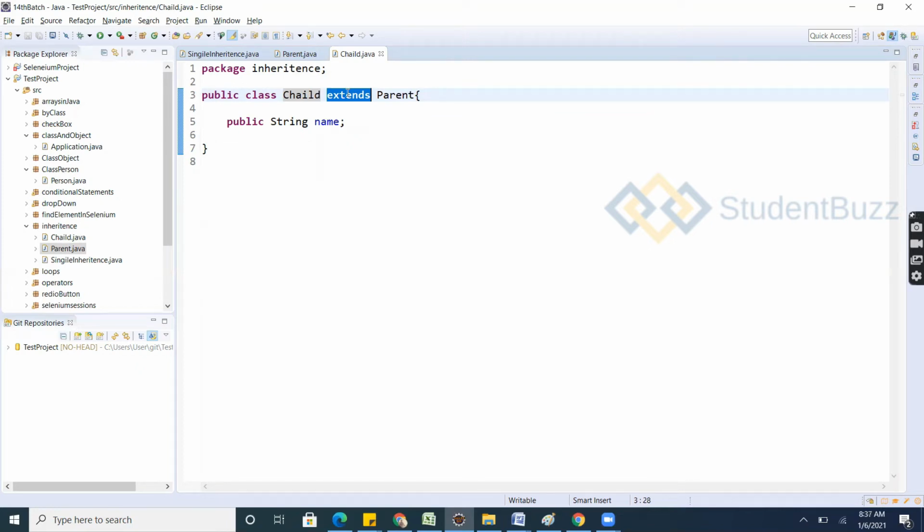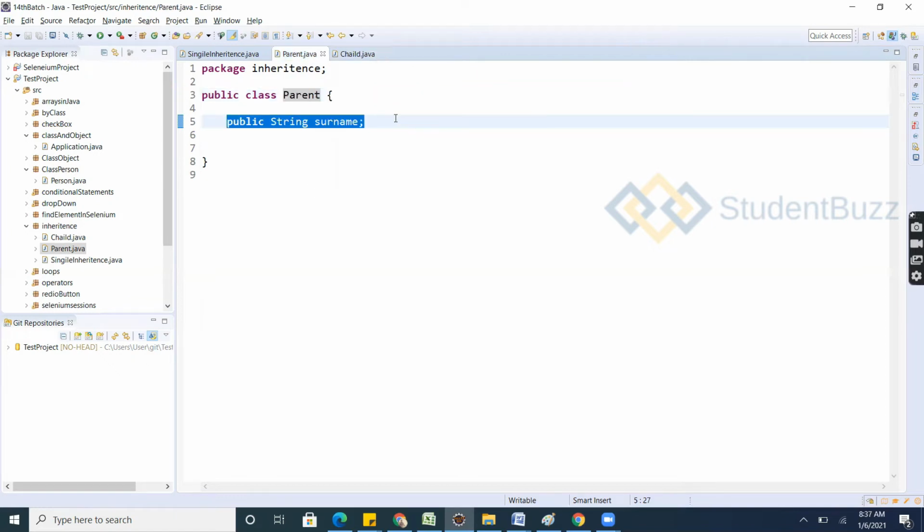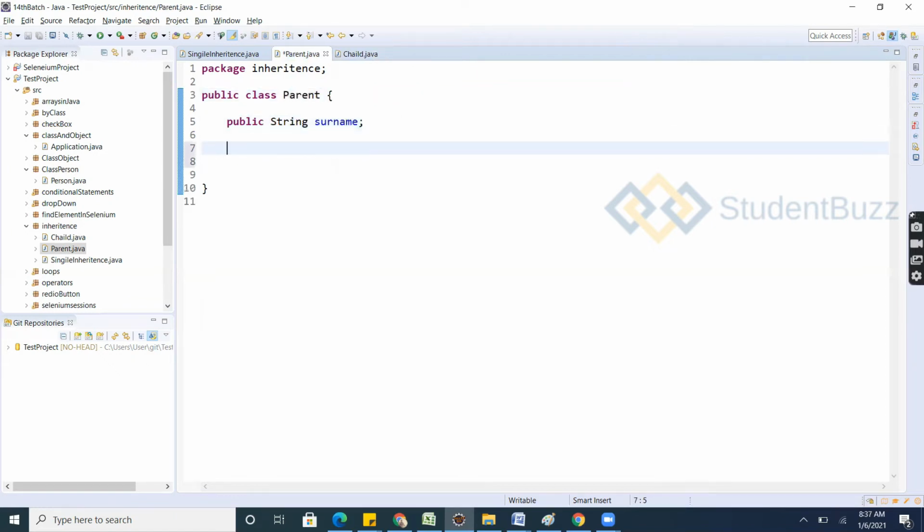Let's jump into multilevel inheritance now. In the same way, for the parent name I'll create a public void method, parentName.